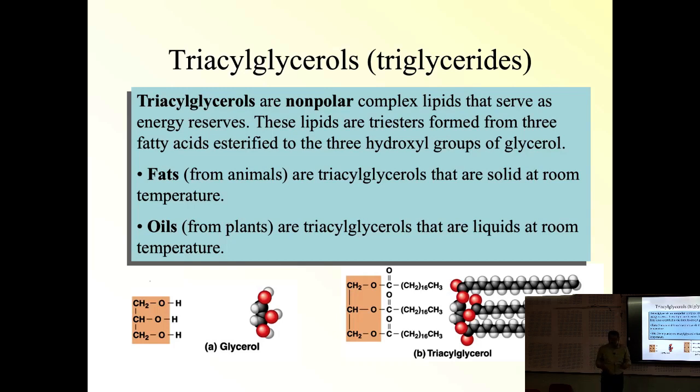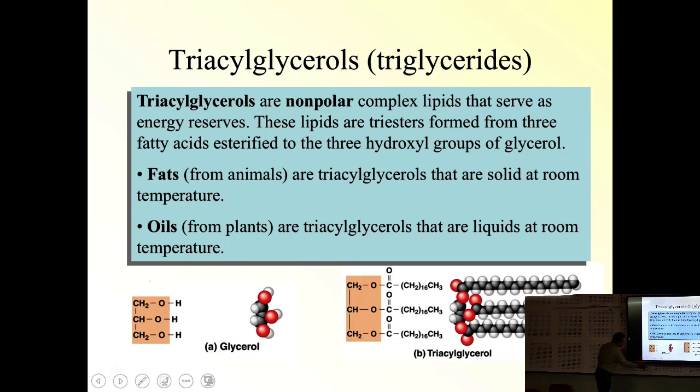Now, in general terms, you will find fats are of animal origin or plant origin. Here fats from animals are triglycerols. They are solid at room temperature. As I said, what is the difference between fat and oil? Oil is mostly from plant species. So they are also triglycerides, but they are liquid at room temperature.